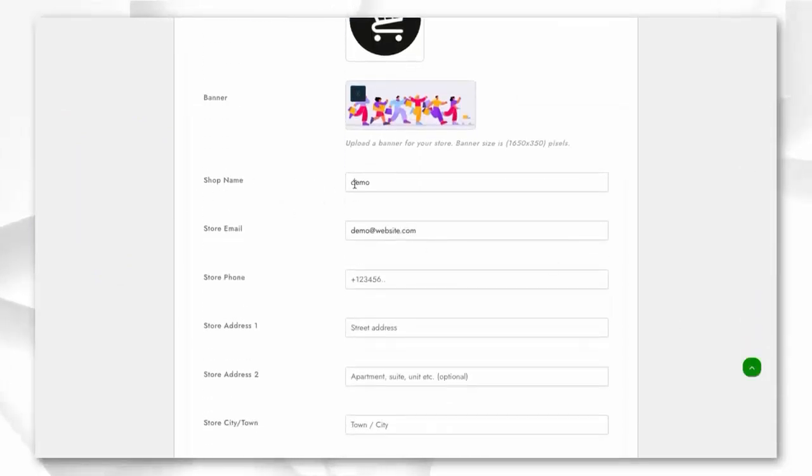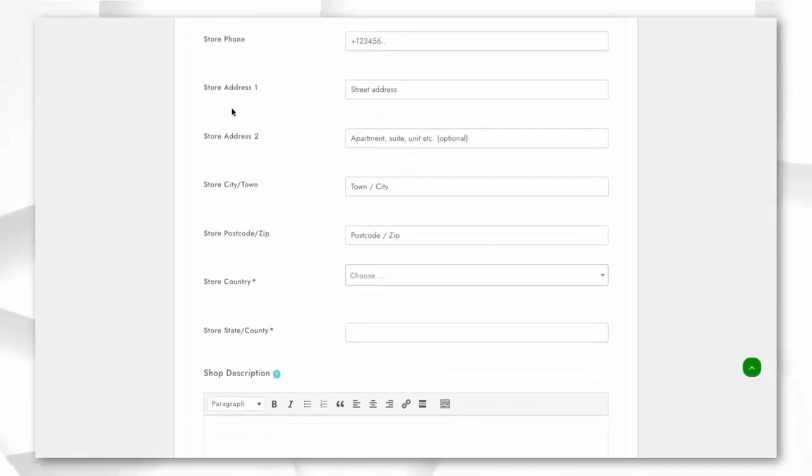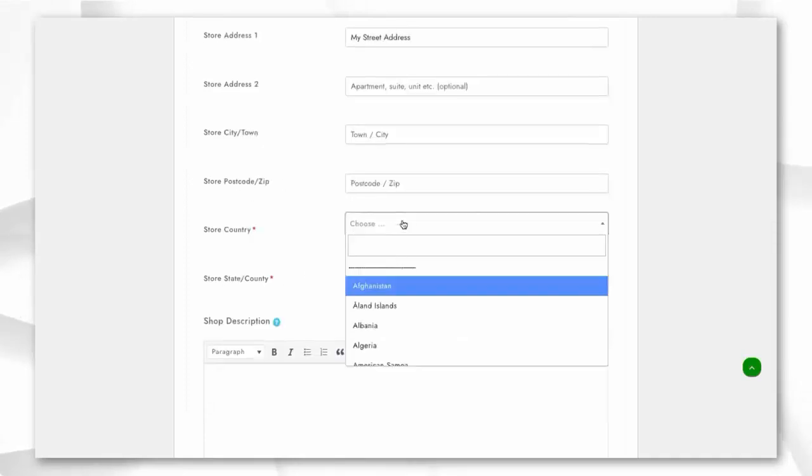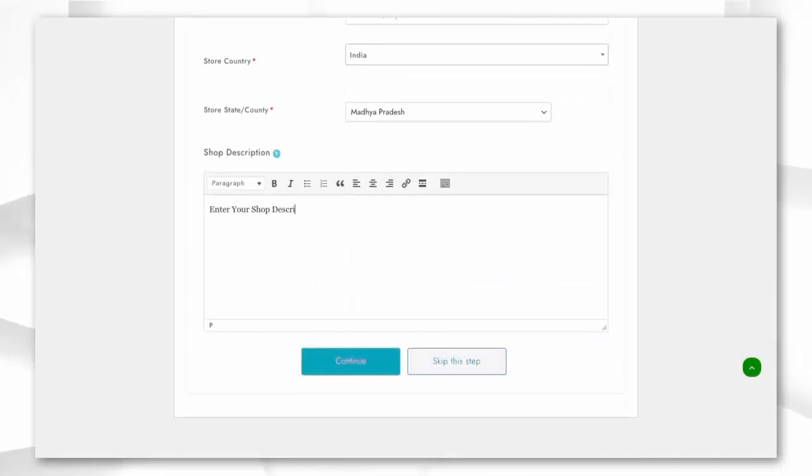You can change the store name. You can add your contact number, address, country, state, put the shop's description,